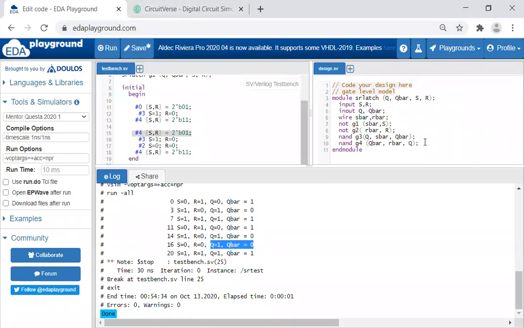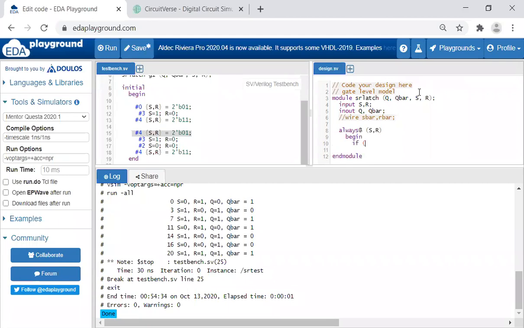Before going to data flow, we'll go for the behavioral model. Now whatever modeling style you write, the inputs and outputs will be the same. Now for the behavioral model, we'll write for the truth table. So what is it? Always at, what are your inputs? I have my inputs S and R. So I should write the inputs in the sensitivity list. Once you have an always, begin and end is compulsory. In behavioral model, begin and end is compulsory. So begin, then if, let us write it using if.